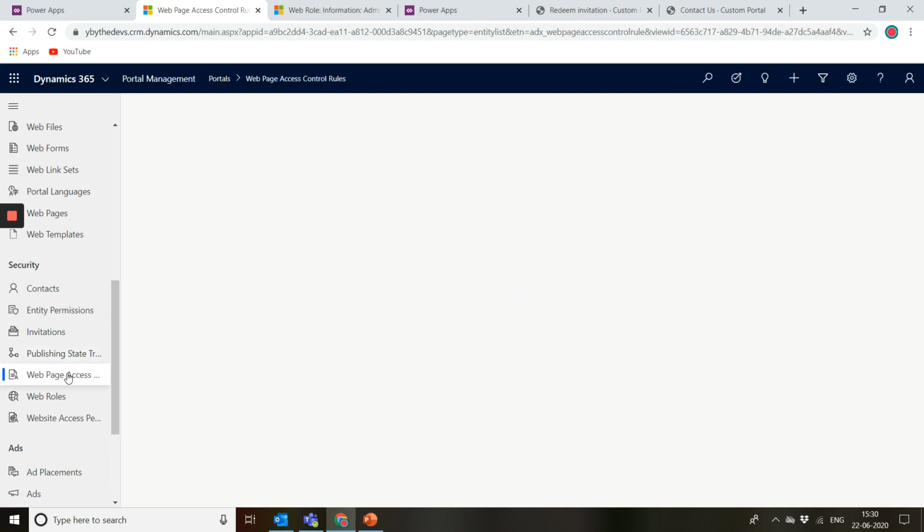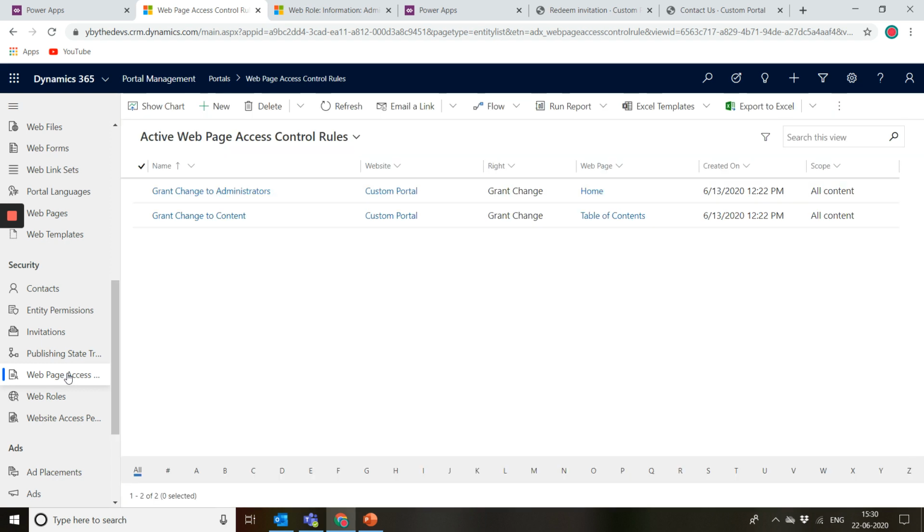Then we have web page access controls. This works in scenarios where I want to restrict a specific web page based on web roles. Let's say I have a page, my students, and my students should only be visible to instructors. That is something you can configure here.